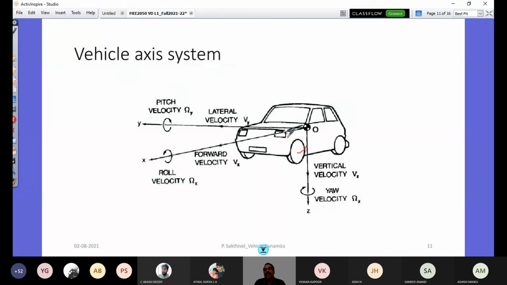So you see there can be forward velocity, lateral velocity, and vertical velocity. Forward velocity is what makes your vehicle move from one point to the other. Lateral velocity is what maintains your vehicle on a course of turn. And vertical velocity is what is responsible for the vibration of the vehicle. Apart from that, there are angular measures: your vehicle can roll along the x-axis like this, your vehicle can pitch, front and back, and your vehicle can take yaw velocity. So these are the 6 degrees of freedom, or the 6 responses that are present because of the tire axis system forces.